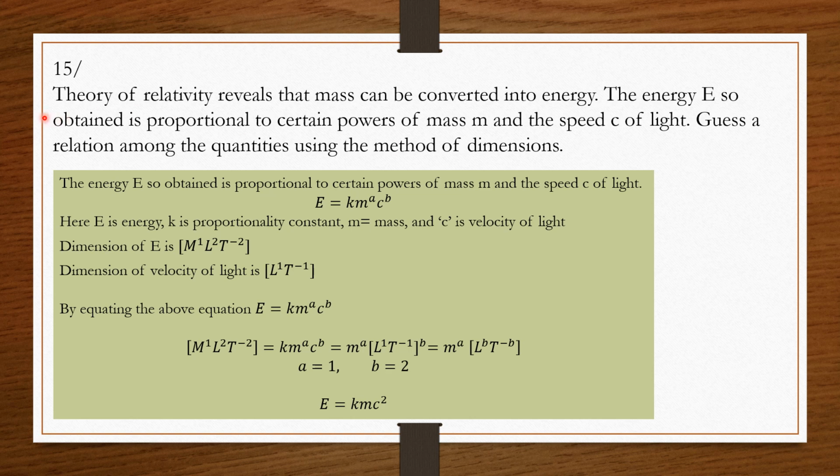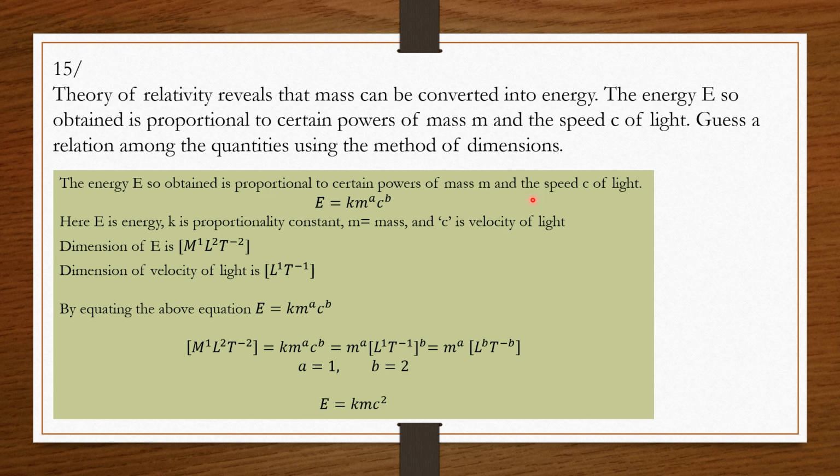The theory of relativity reveals that mass can be converted into energy. The energy E so obtained is proportional to a certain power of mass and the speed c of light. Guess a relation among the quantities using the method of dimensions. So here the energy E so obtained is proportional to a certain power of mass m and the speed c of light in